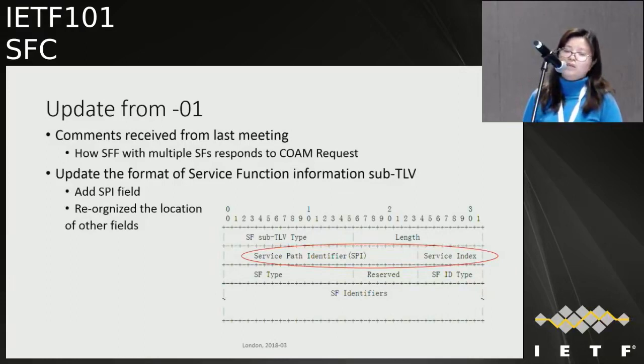In this sub-TLV, we add a service path identifier field. In this field, it indicates which service function path the COM is checking, and we reorganized the location of other fields. And in the SF identifier field, we confirm that the service function identifier can be a list.